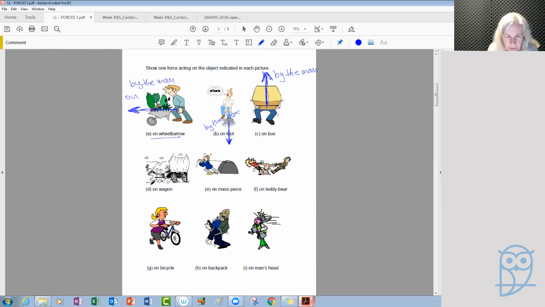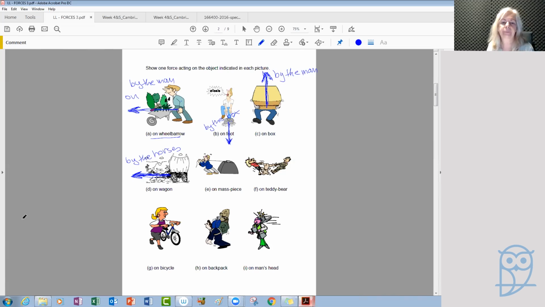Now, a force acting on the wagon. Well, it's the horses that pull the wagon. So there's this pull here to the left of the picture. This is the force acting on, at least one force acting on the wagon by the horses that pull it. So we can say that this force is exerted by the horses